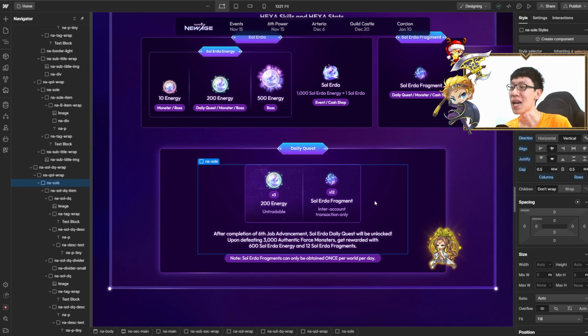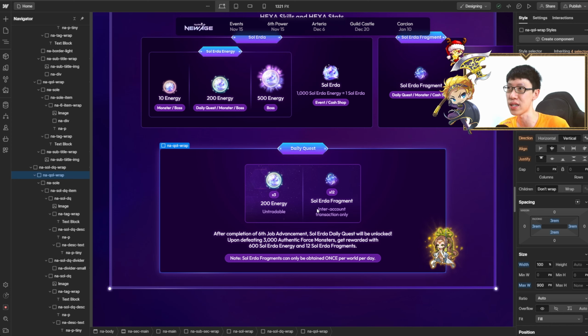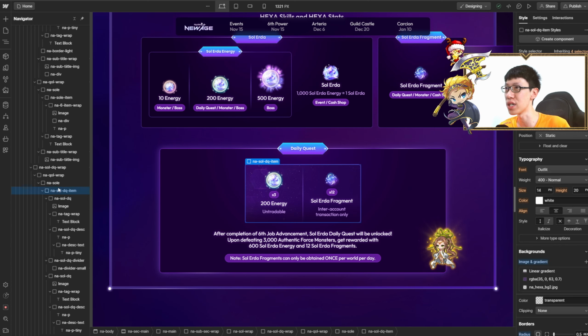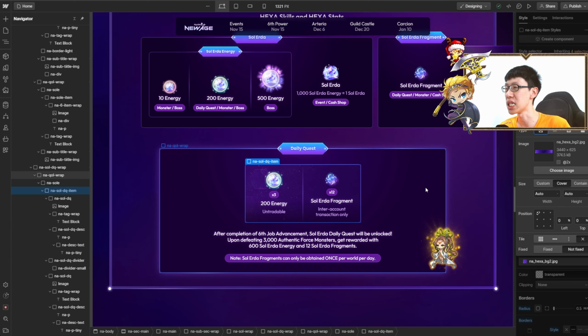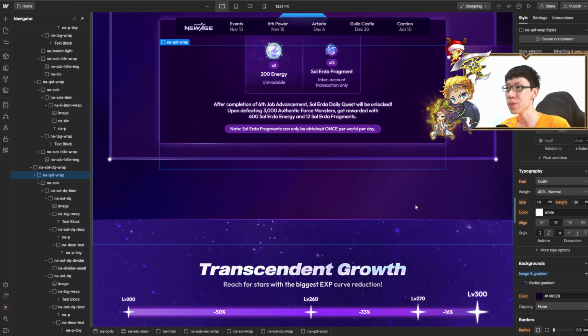All right, so daily quest. This is actually brand new. Not expected this as well, but yeah, this is how it looks like. And I want to highlight that this is exclusive content. That's why you can see that there's a background over here that is being highlighted. So the background over here is this entire thing with the hexa background over here.